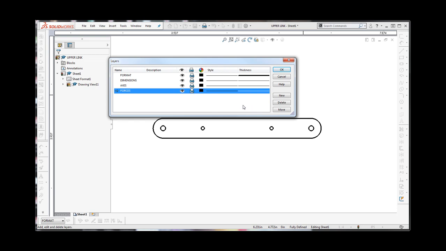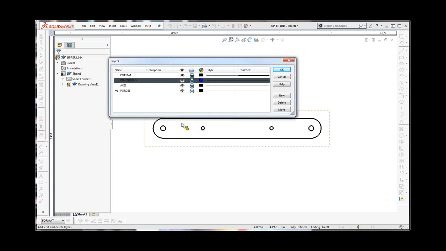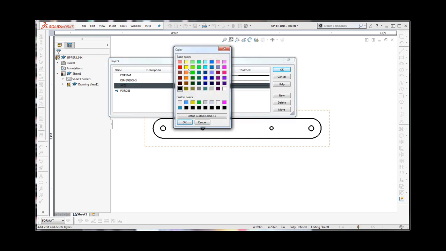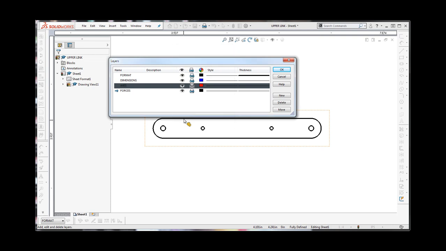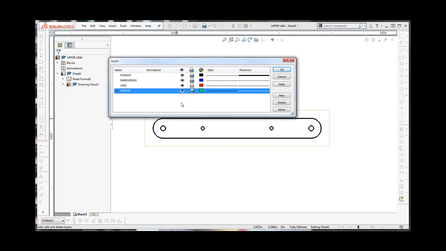So this just provides an easy way to have different colors and different line thicknesses. So maybe we'll make the dimensions blue, we'll make the axes red, and let's make the forces green. And of course, you can always change this later on if you want to. So let's put the dimensions in first. I'll just make that the active layer,